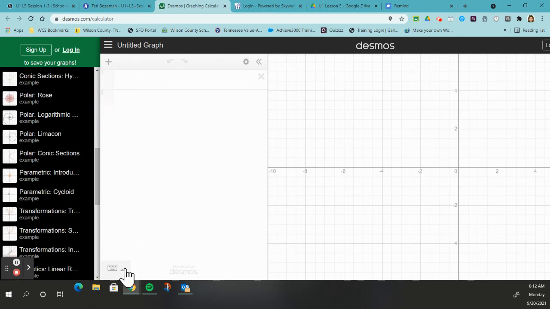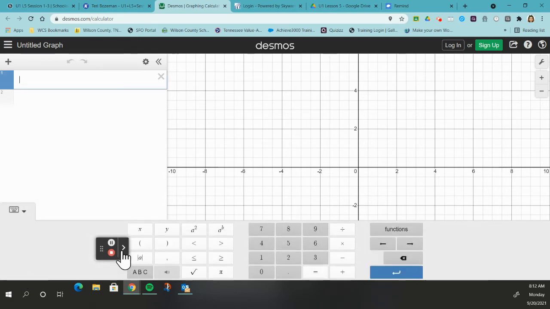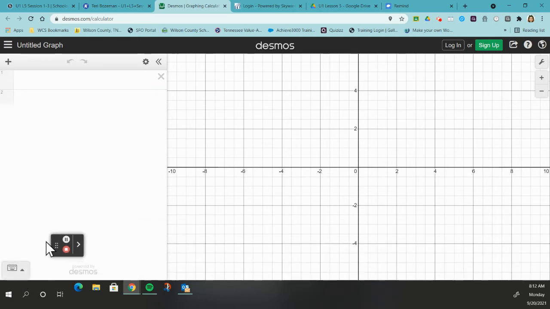This gives you some options where you can work with exponents and